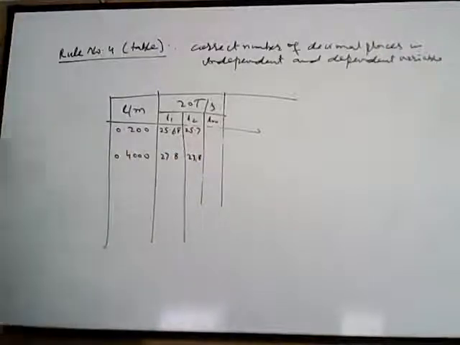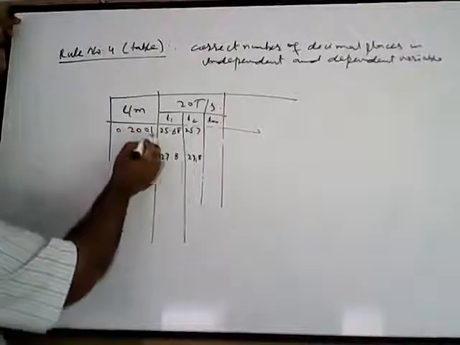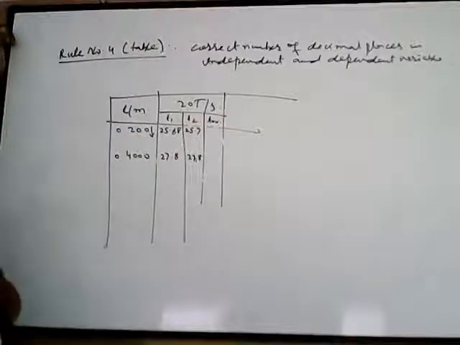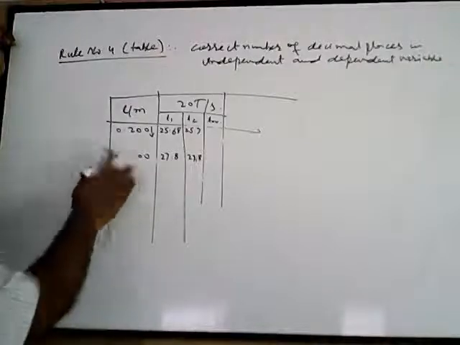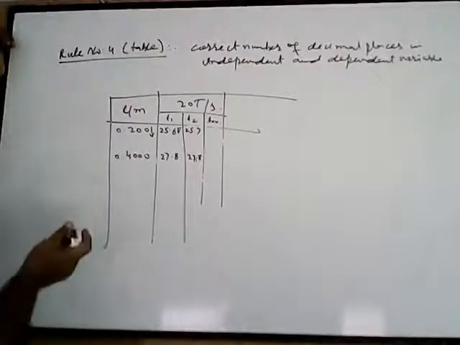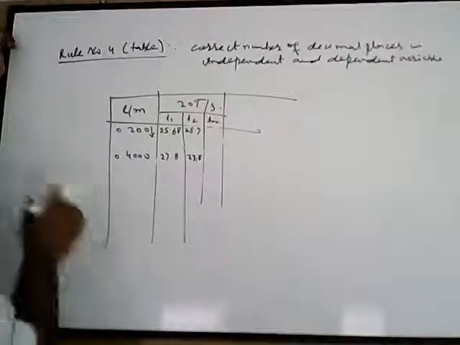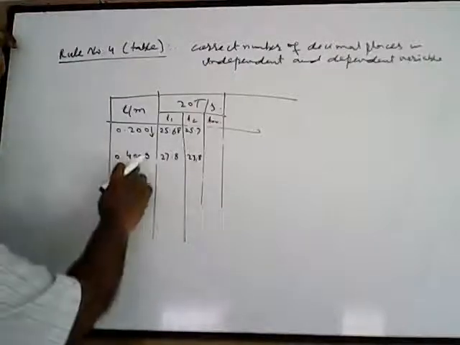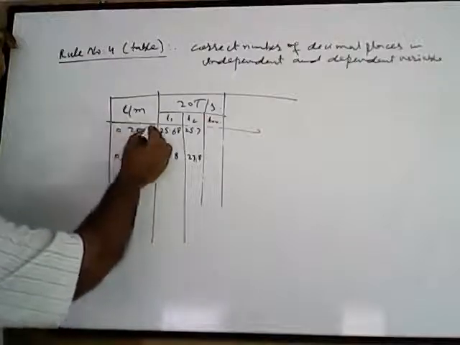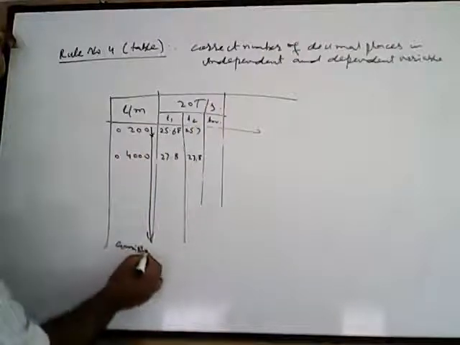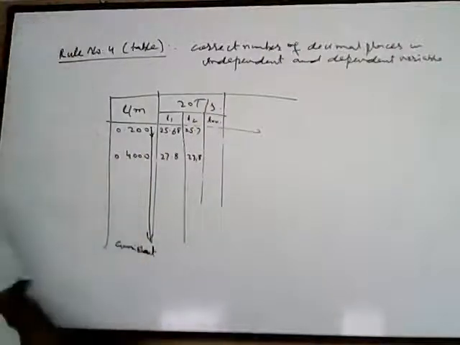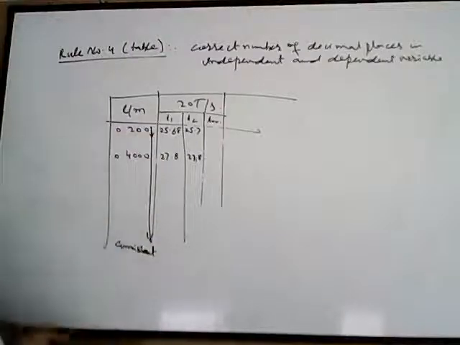Now, what is wrong with this? First of all, the meter rule has been used here, and the precision is 3 decimal places. Here the precision is 4 decimal places, which means you have used the vernier caliper. First of all, it will be very difficult to use the vernier caliper for 40 centimeters. But suppose there's an instrument, it cannot be the meter rule. So this entire column must be consistent with the same number of decimal places, because this independent variable has been measured using the same instrument.